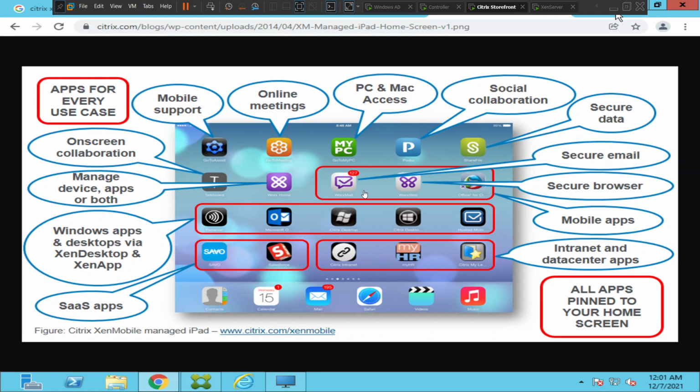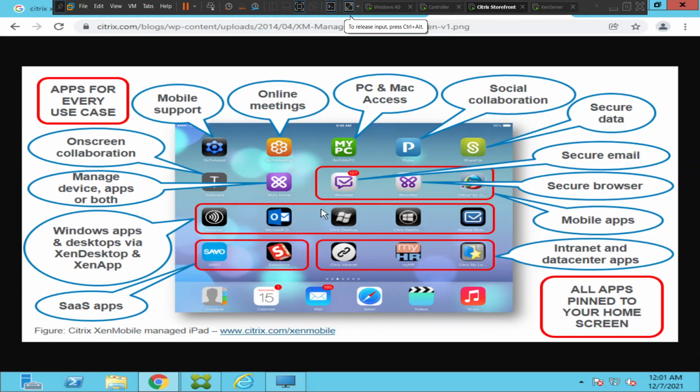Okay, so the main benefit of this is, these days users are connecting from any endpoint device. Okay, it could be, I'm sorry, an iPad or iPhone or tablet. So let's say a user has five personal devices at home. Let's say the user has two iPads, two tablets, and one iPhone.